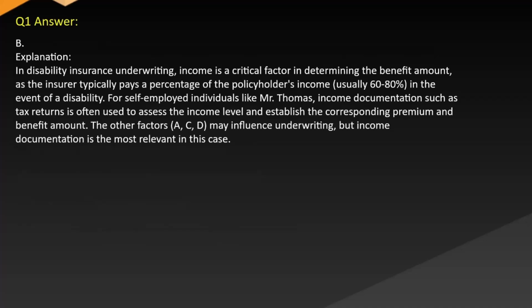Answer. B. Explanation. In disability insurance underwriting, income is a critical factor in determining the benefit amount, as the insurer typically pays a percentage of the policyholder's income, usually 60-80% in the event of a disability. For self-employed individuals like Mr. Thomas, income documentation such as tax returns is often used to assess the income level and establish the corresponding premium and benefit amount. The other factors, A, C, D, may influence underwriting, but income documentation is the most relevant in